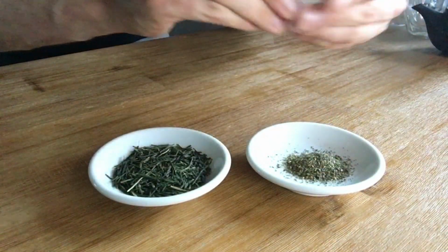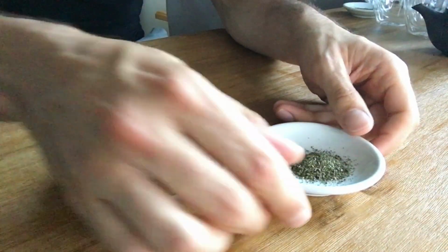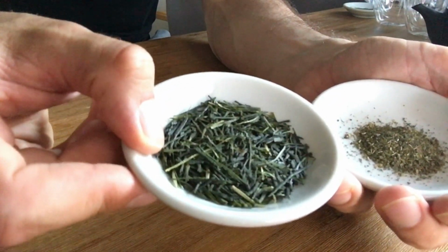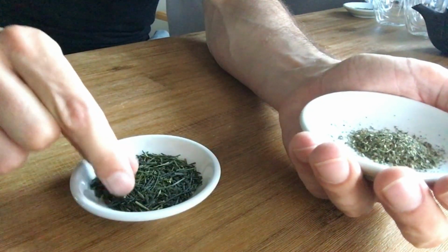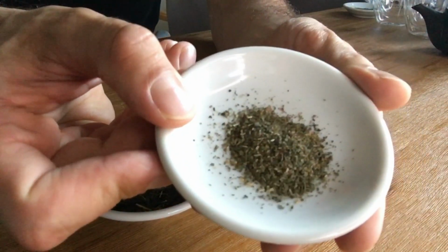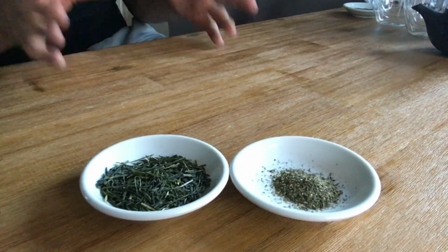So here, what you can nicely see in comparison of these two, we really have beautiful dark green shaded green tea leaves in needle shape, long needles. We see later when we brew the tea that the leaves unfold and you have real leaves in your teacup, and here we only have chopped leaves. I will straight away do a comparison between these two teas and talk about the taste difference. But already from the leaf aspect we can see that there's a big difference,